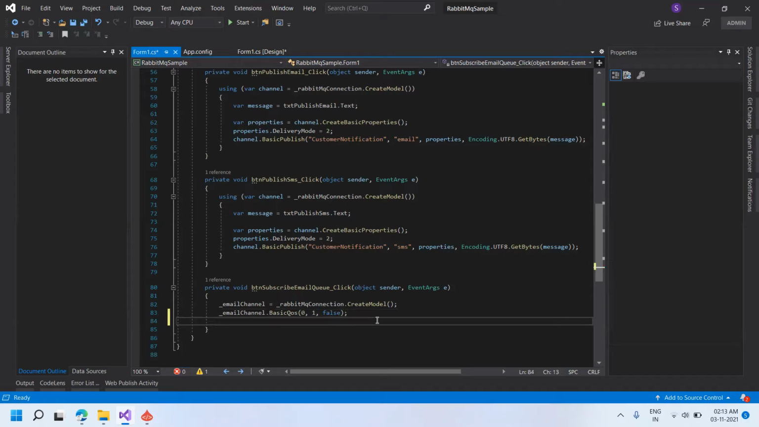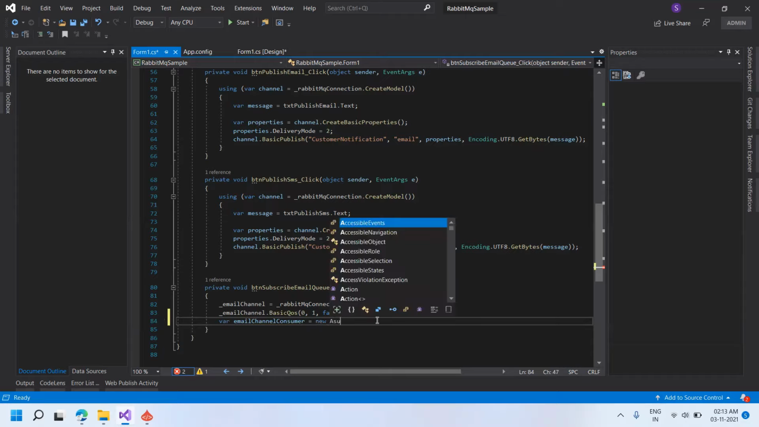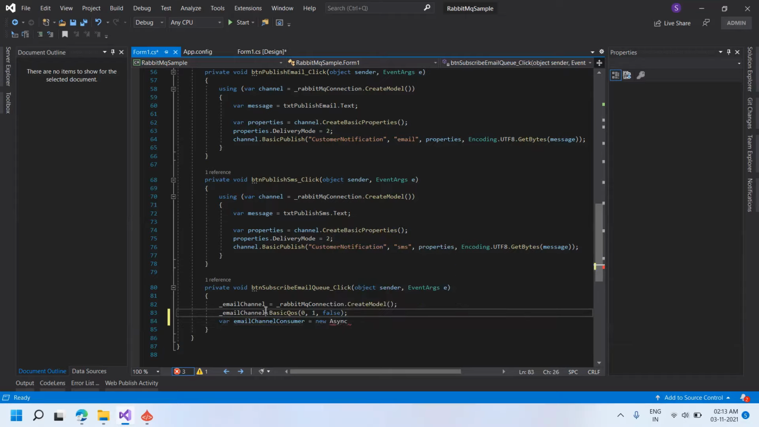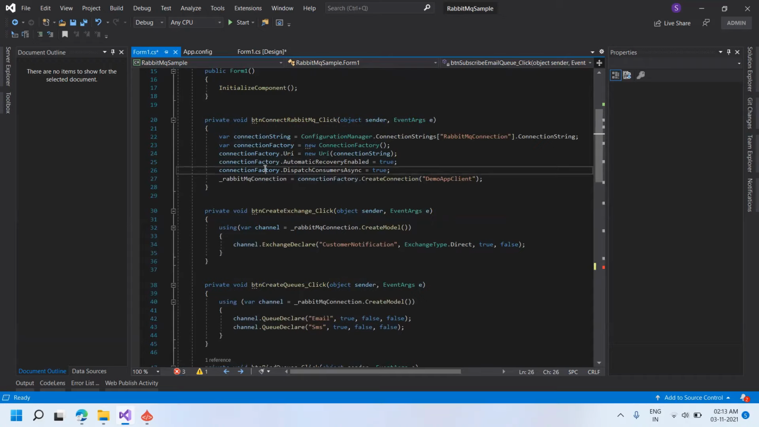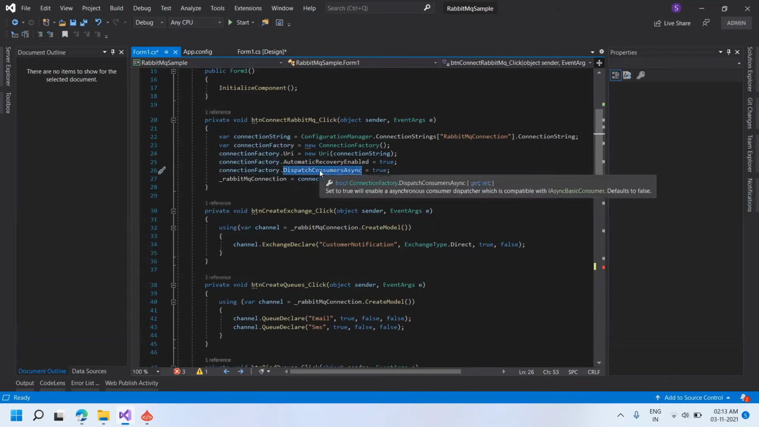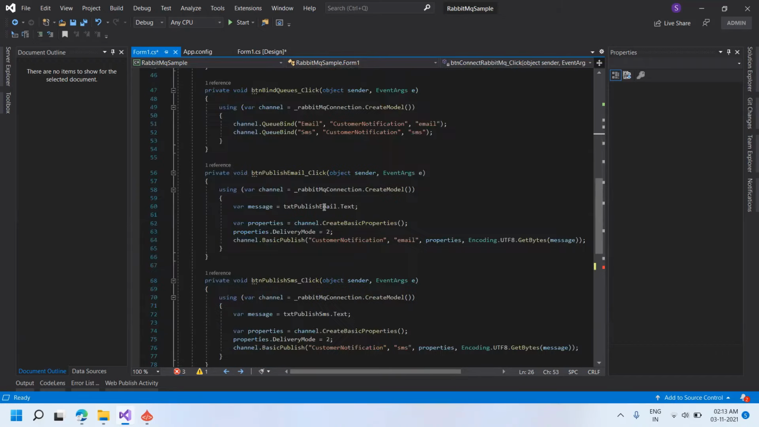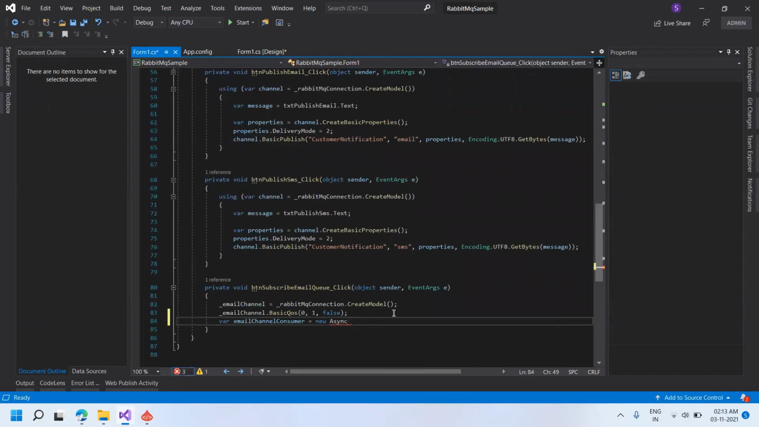Fine. Now what we need to do is declare a consumer. So var emailChannelConsumer is equal to new async. We have already discussed while creating a connection, in the connection factory, we mentioned dispatch consumer async. So the consumer will be able to receive the message asynchronously. So here we are giving async eventing